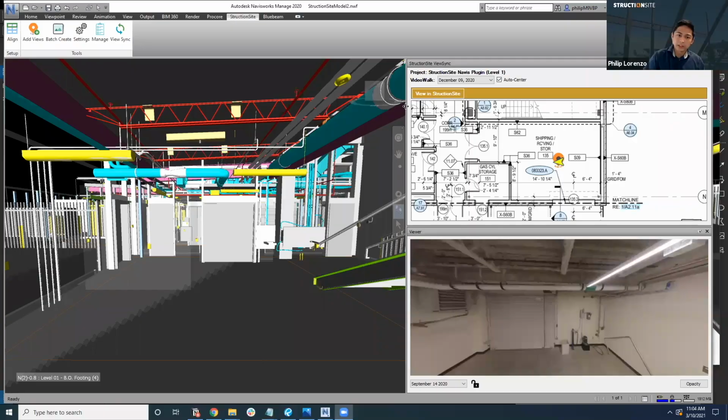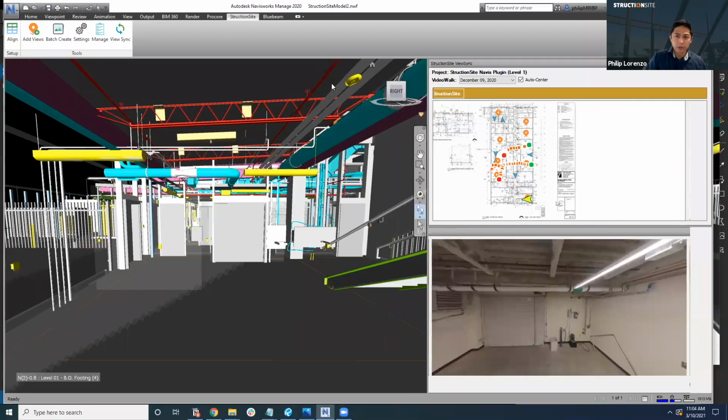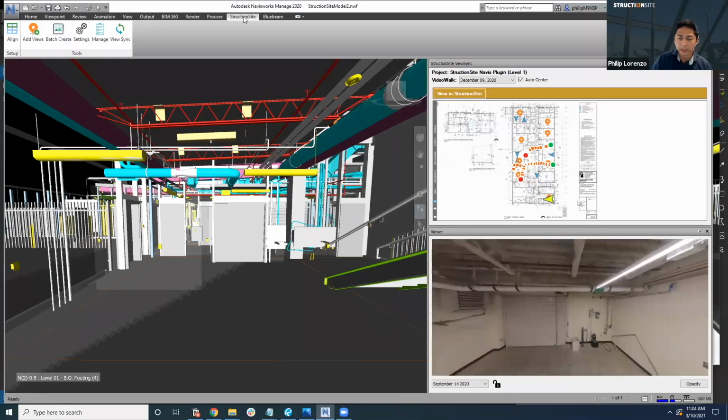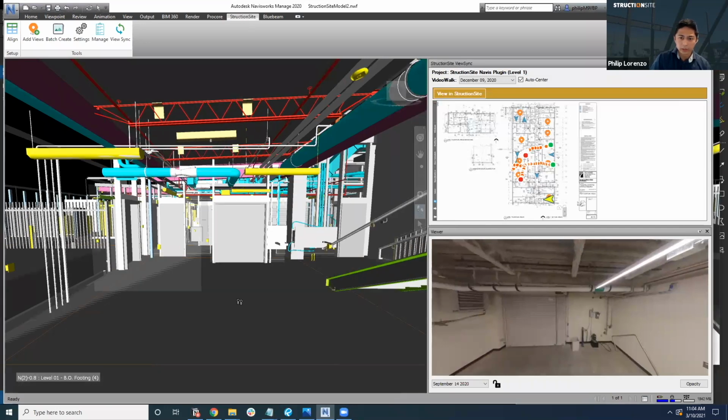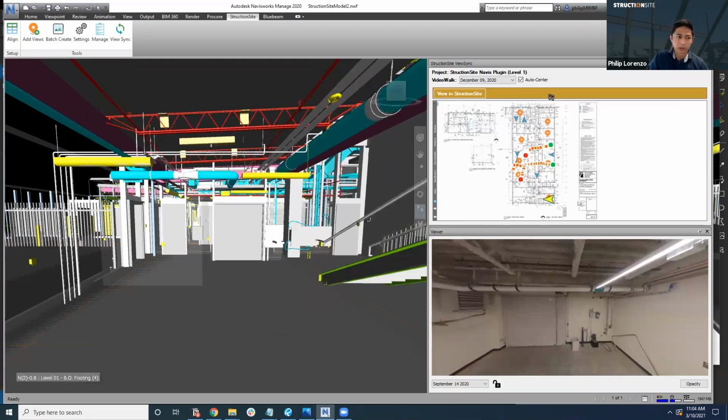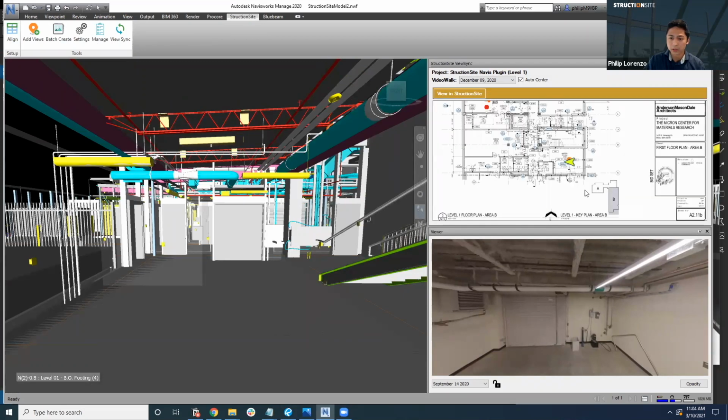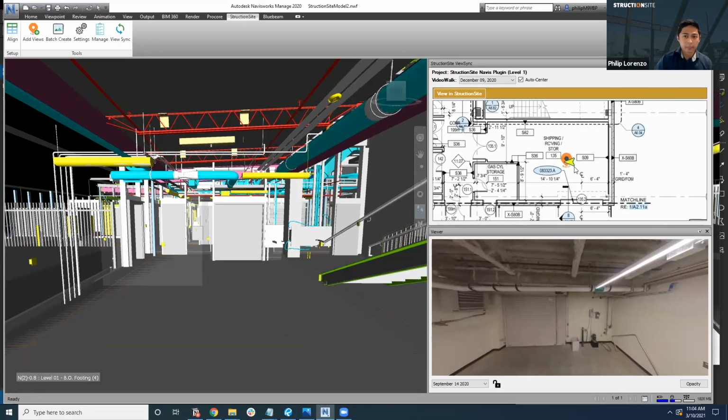Okay, so what you see here is Navisworks, and we have our beautiful plugin right here on the top, the StructionSite corner. What you see here are a couple of windows that are specific to StructionSite. You have a couple of features that allow you to, first of all, align a drawing that has been uploaded to StructionSite and match it to the model, so you can correctly compare reality to the model